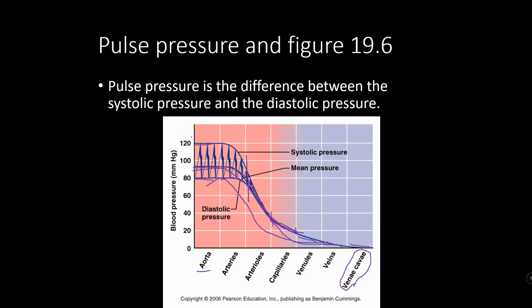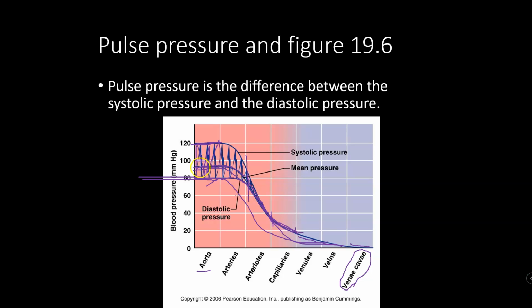So, pulse pressure. This goes back to the fact that there are two numbers in your blood pressure reading, the systolic or upper number and the diastolic or lower number. And then we pulse between those two. There is also a mean pressure. Notice that it's not an exact mean. That's because you're not at 120 for the same length of time that you're at 80. So you're actually at 80 for longer than you're at 120. Whatever. We're not going to do that math. So I'm just going to kind of blow past that point for just a second.